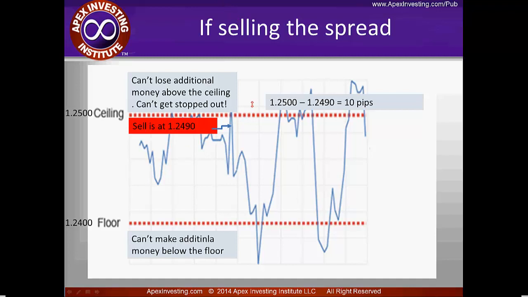So I can't make any additional money above the ceiling. I can still make money, just can't make additional, meaning I'll make 90, but I won't make more than 90, okay? So even if it goes way above, up to 2600, the most I'll make is 90. I can't lose additional money below the floor. I can't get stopped out. Okay, so if I bought the spread at 24.10,